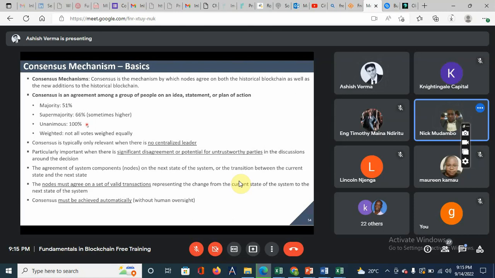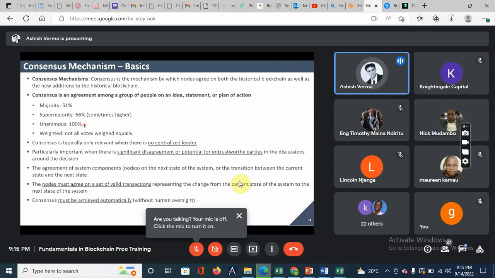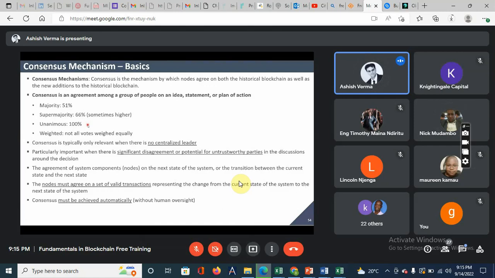Yes. So this unanimous consensus is generally kept on private blockchain. Let's say you have appointed four node operators, and you say that only once all four say the transaction is correct will I take this transaction into the blockchain. If any one of them says it's not correct, then there is something suspicious. I'm not going to take that, I'm going to check the transaction first. So it all depends on logic. When the number of validators is very small, we would also recommend a unanimous 100% consensus. Oh, okay. Thank you.